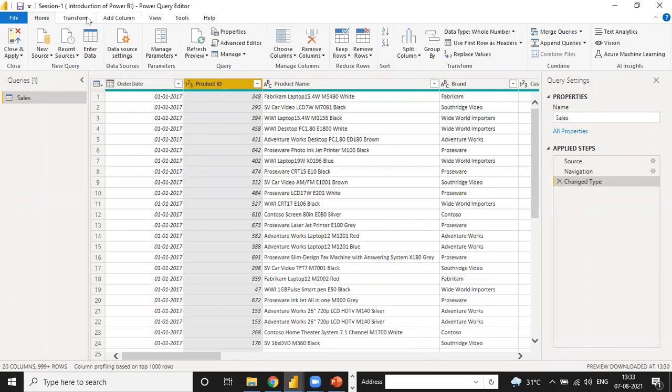And see, there are many more functions like in Excel. Suppose you want to merge queries. How do you do a merge query in Excel? There are many tough steps, but in Power Query you can directly click merge queries, and merge queries as new. Text analysis, append query, combine files, use first row as header. When you make the first row a header in Excel, you have to remove the row and pull it up as the header, but here you can directly click there, and your first row becomes the header in just one click.